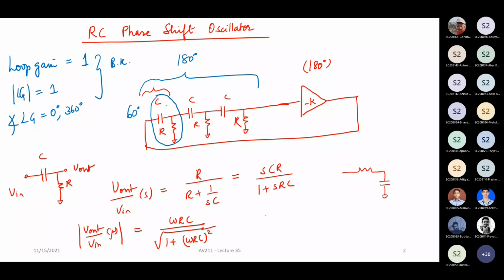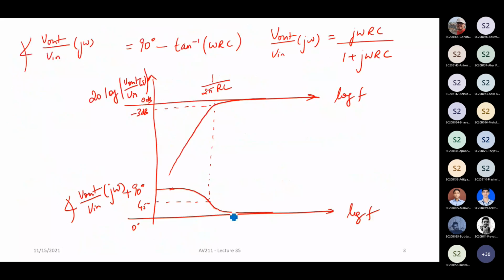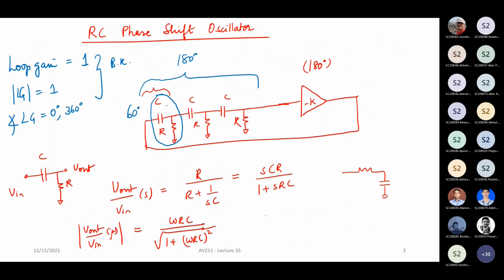Thank you, sir. Sir, why did we choose only 3? Can't we choose more or less? You can do it. More number of elements, that's the only trade-off. See, if you put 2, it is very difficult to get 180 degree because asymptotically it reaches 90 degree. Either you have to be extremely at the low frequency end, or you will never be able to achieve it. So the minimum that you need is 3. You can have 4, you can have 5. If you put 4, then it becomes 180 divided by 4, which is 45 degree. So it's possible. Yes, sir.